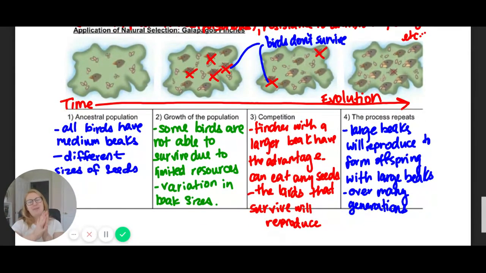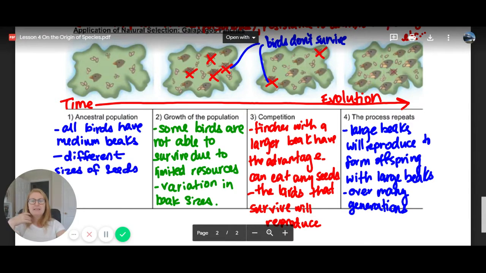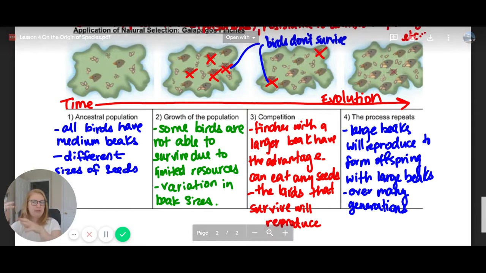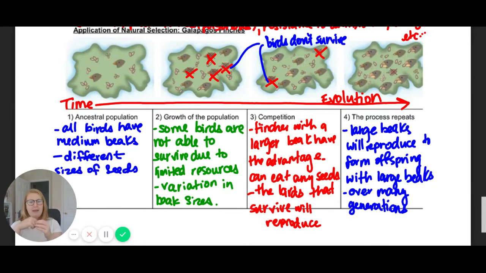The last thing I'll leave you with in this lesson, which is a very famous example of natural selection, where nature determines what things survive and therefore evolution, is Galapagos finches, also sometimes called Darwin's finches. So in this diagram, I'm showing essentially time, how a population changes over time. And I've just decided to break it up into 4 parts. What I will say here is that this can take an extremely long time.